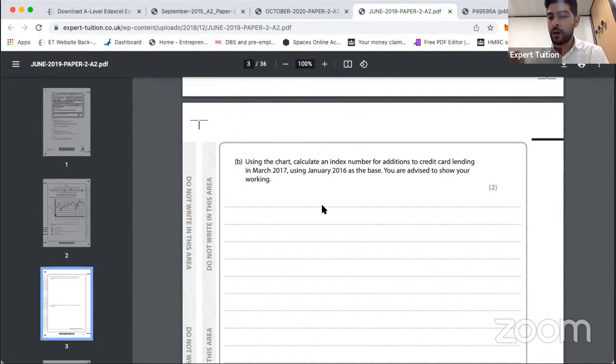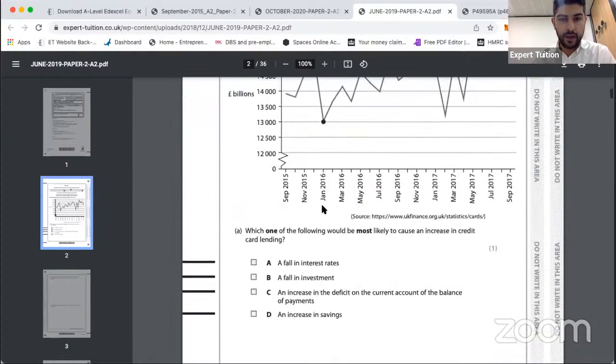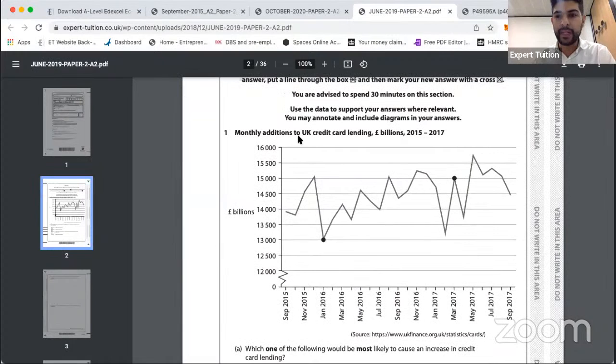Right, okay. So I will share my screen in a second in terms of my maths, but let's note down a couple of important things here. So the first thing that we need to note down is the 2 years that we're comparing. So we're going to compare March 2017. Okay, so I've got January 2016, and I've got March 2017. Right. Based on the information up here, I basically have in billions of pounds the monthly addition to credit